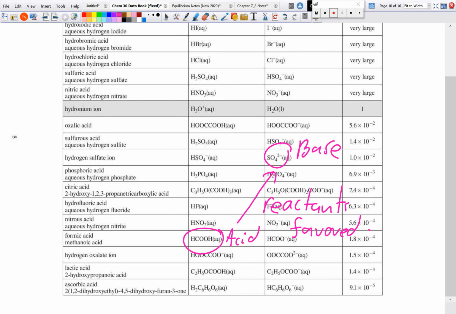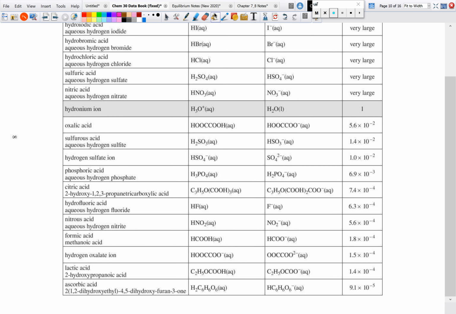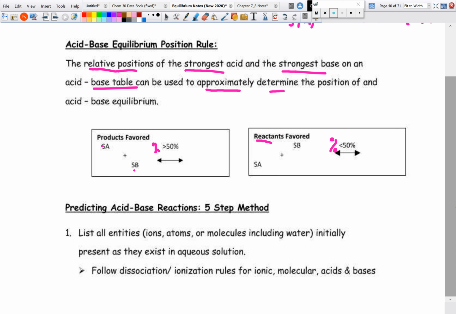So at the end, this is kind of predicting the spontaneity in our electrochemistry, but we will need to use the tools that we have in our data booklet to figure out if reactants are favored or products are favored for our equilibrium reactions. So let's actually look at our 5-step method to predict reactions, now that we have everything that we need. And one last thing before we do that, if we have